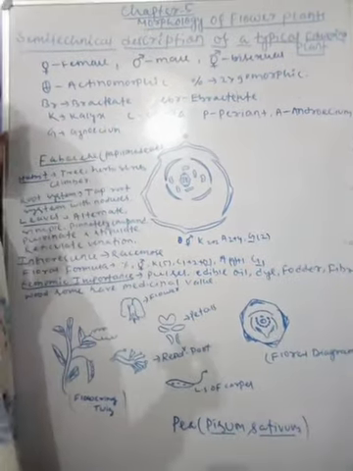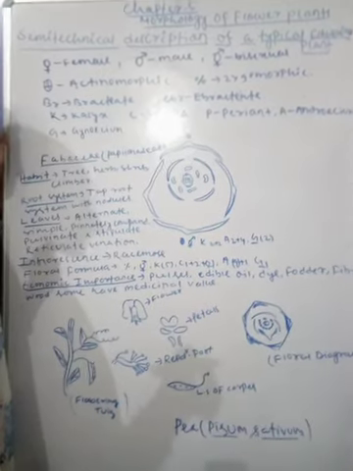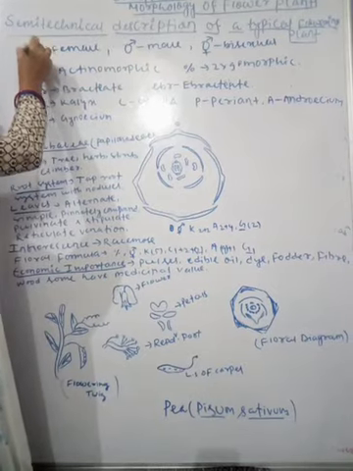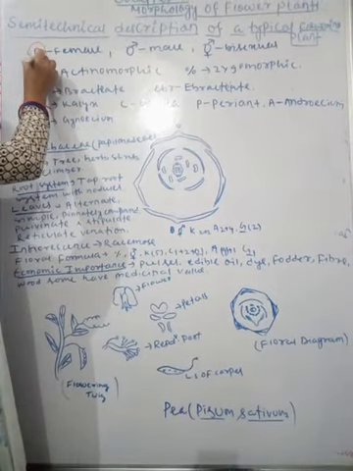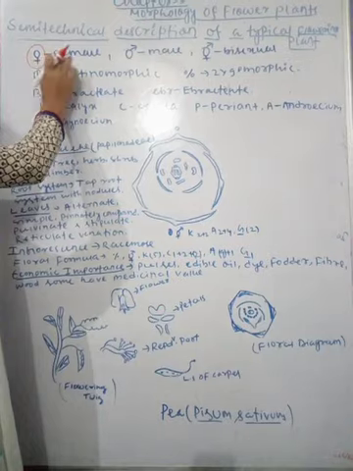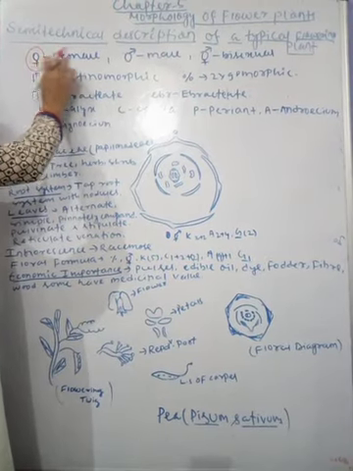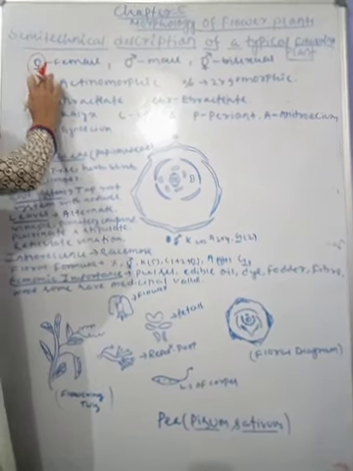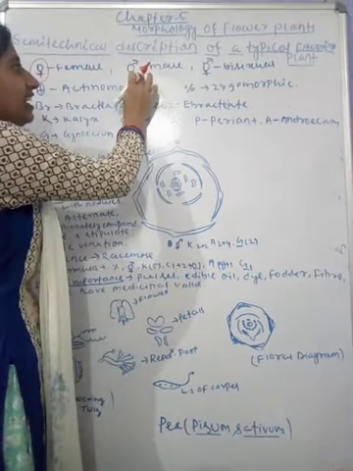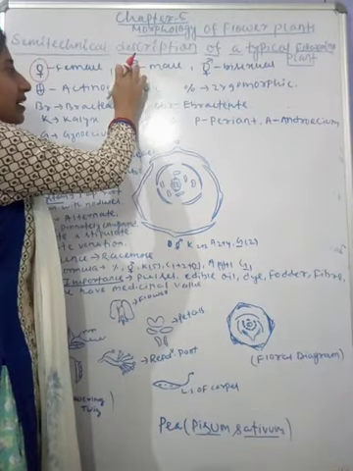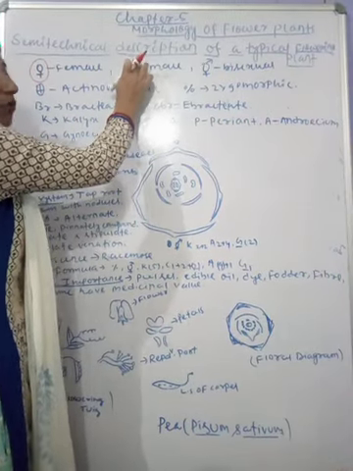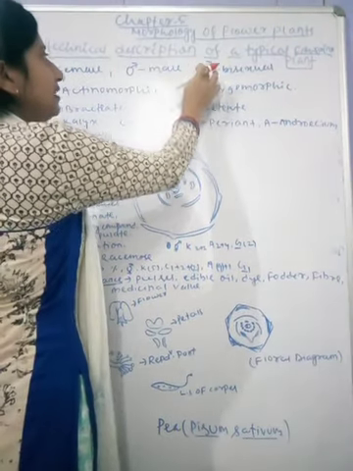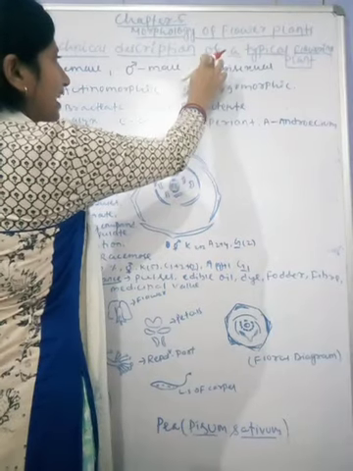Signs, S-I-G-N-S. This sign, a circle with a plus sign just below it, denotes the female. Female is denoted by this sign. You can see the sign clearly. Next, this sign represents male: a circle with an arrow above it. Here the circle with the plus below and the arrow above